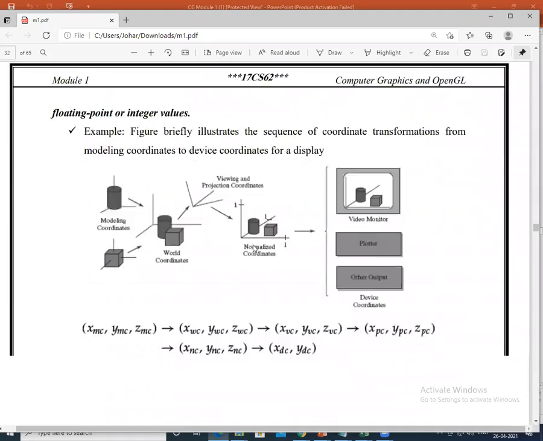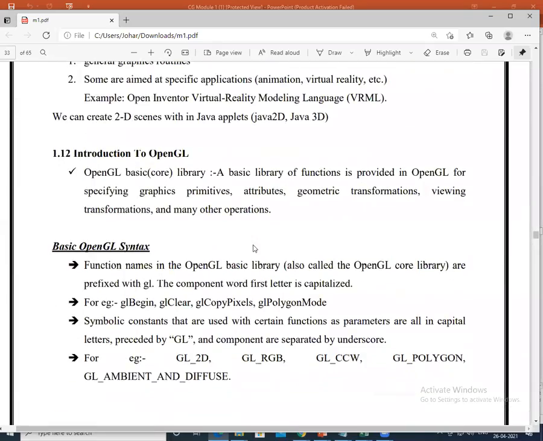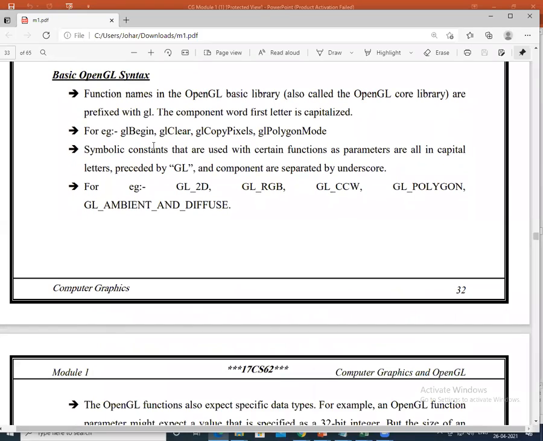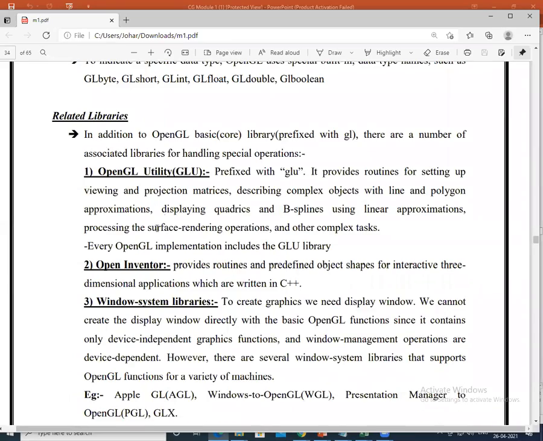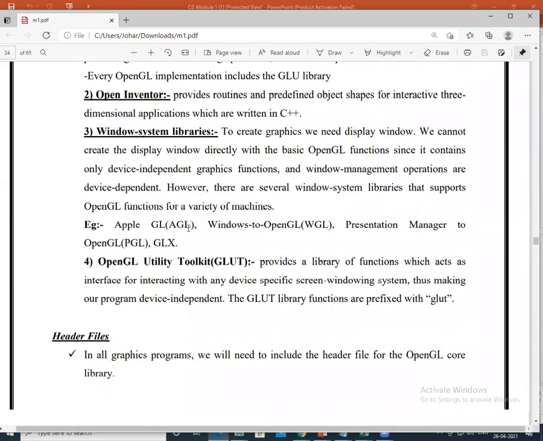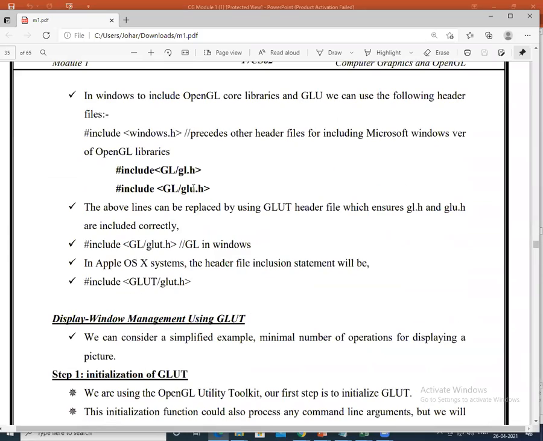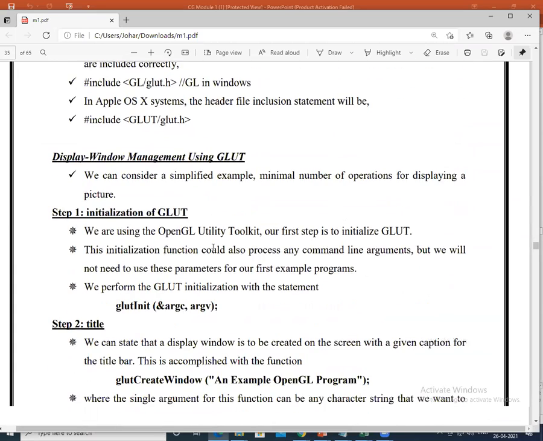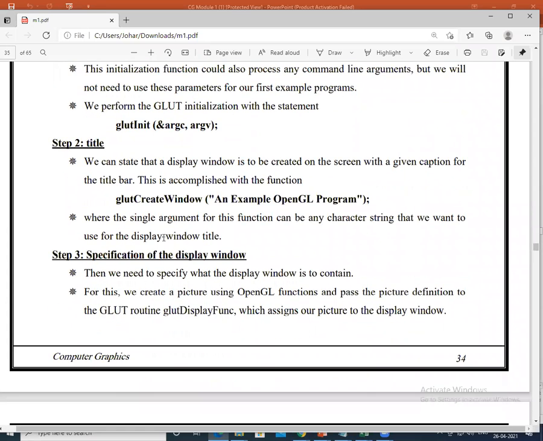There I have explained the same concept of this basic OpenGL syntax with the same program. So what is GLU? Which are all the files that are mandatory to execute this OpenGL program? What is the initialization of GLUT? How do you create a window?